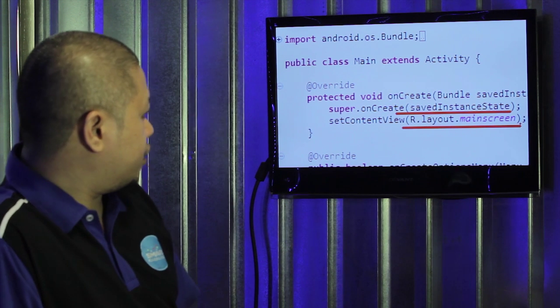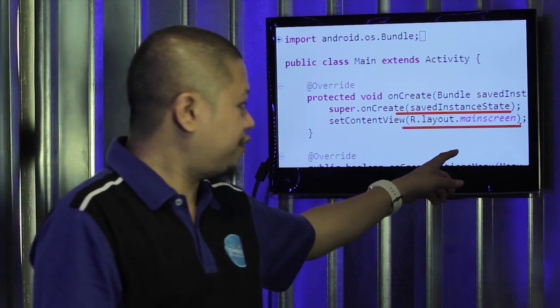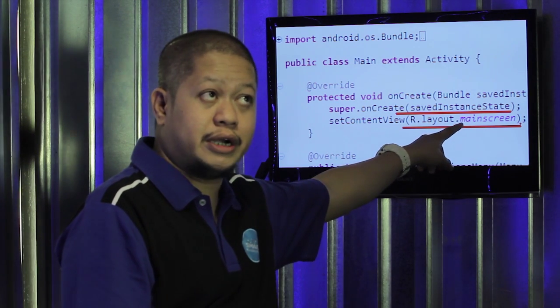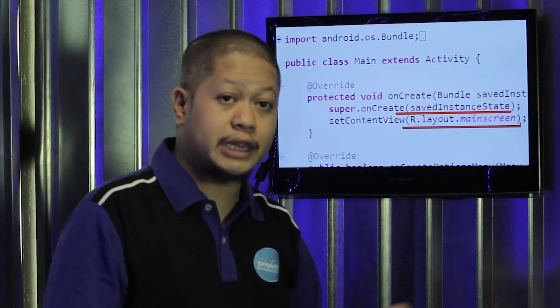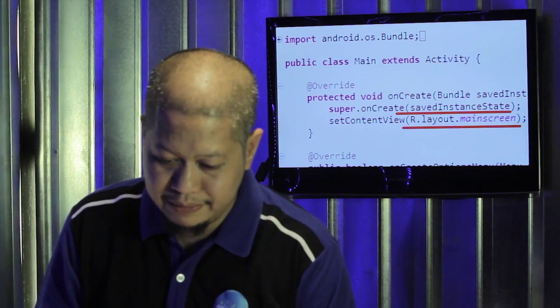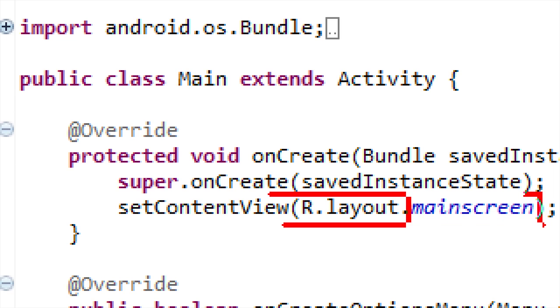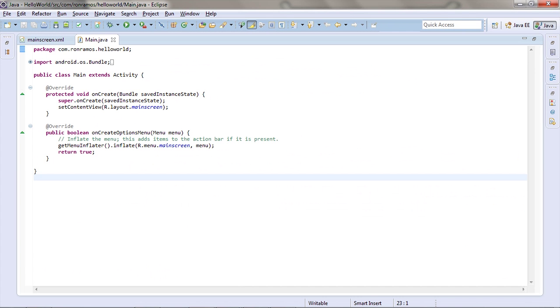If you're sharp, you'll notice that this calls the file that we named earlier. Set content view, R.layout.mainScreen, actually calls the layout that we named earlier on in project creation. The second method we'll look at